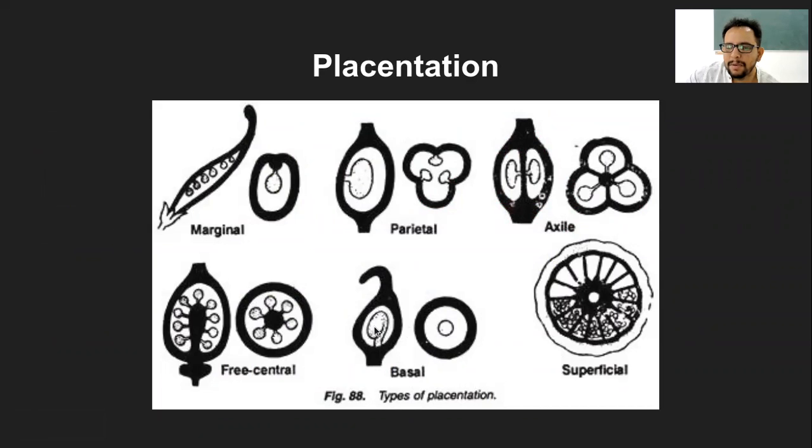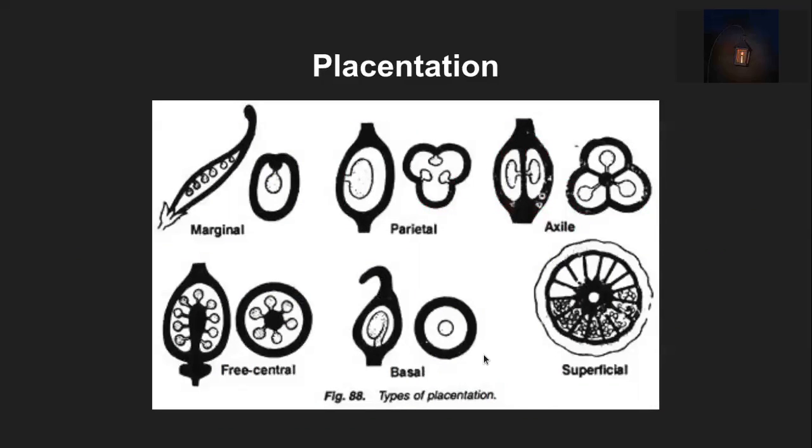Very simplistically, this is the ovule and it is attached to the inner wall of the ovary. So this particular part is called the placenta. In this case, this kind of small thread-like structure will be the placenta. Even in this case, these two will have a small placenta like this. All of these are placenta. So this is the ovule, the round part, and the elongated part is the placenta, which is attached to the inner walls of the ovary, and they can have different arrangements, which we'll see in placentation.